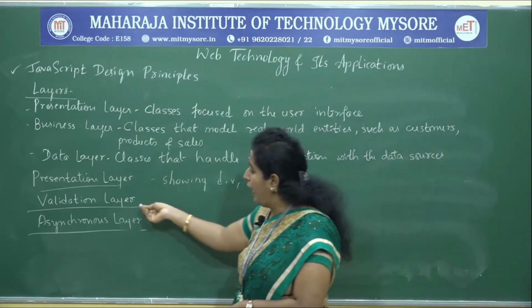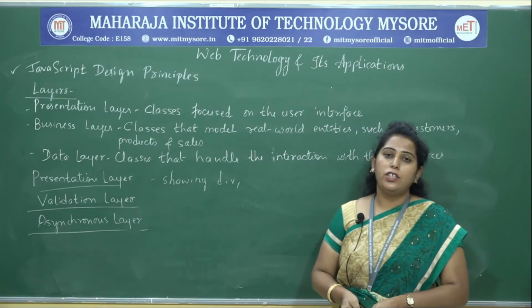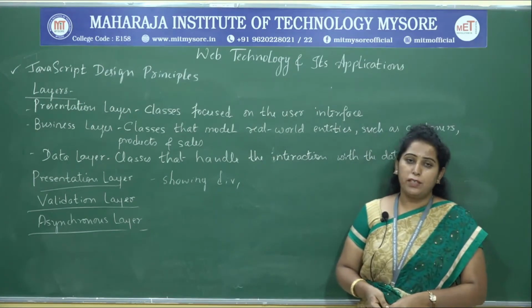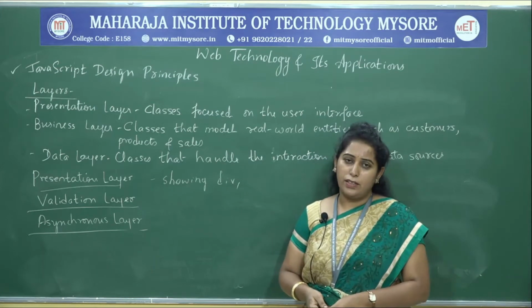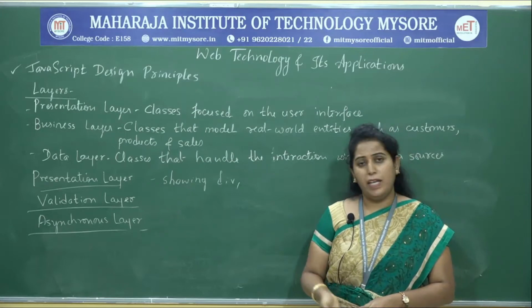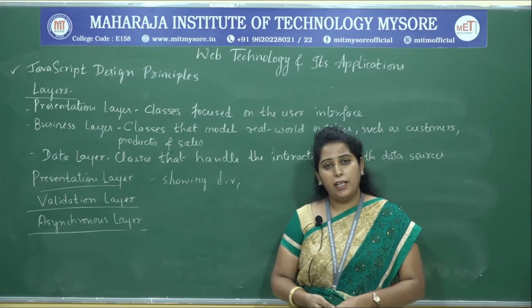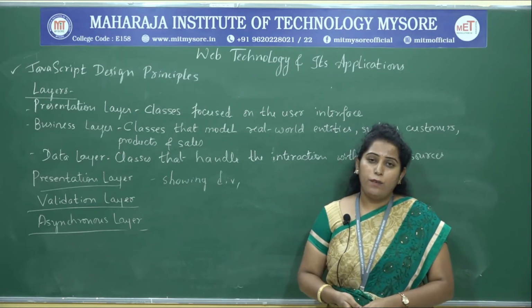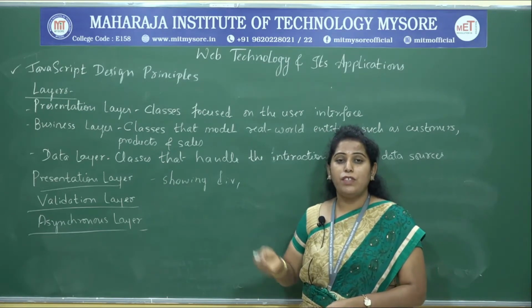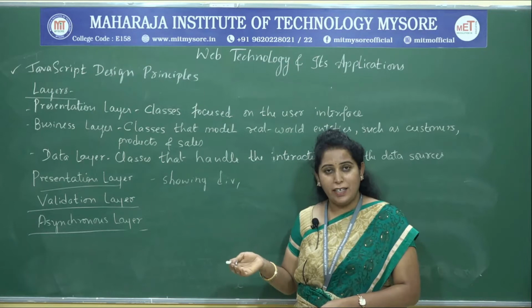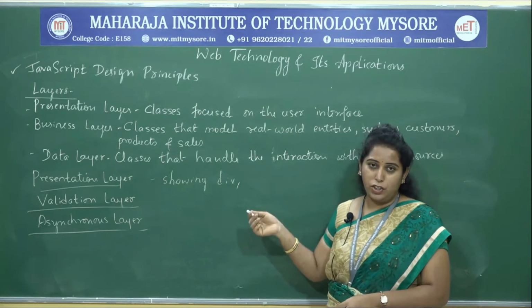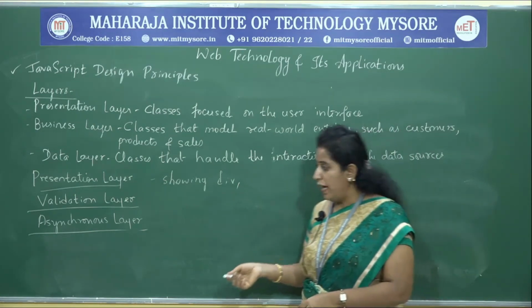So likewise, it is concerned mainly with the display of information. So next is the validation layer. The validation layer is used for validating logical aspects of JavaScript. For example, you can think of you want to send a mail. Okay, we are supposed to enter a mail ID. So if the mail ID is invalid, we cannot send a mail, is it right? So the mail ID which we have entered should be validated. That is what the validation layer is going to do with the support of the presentation layer. So this is about the validation layer.